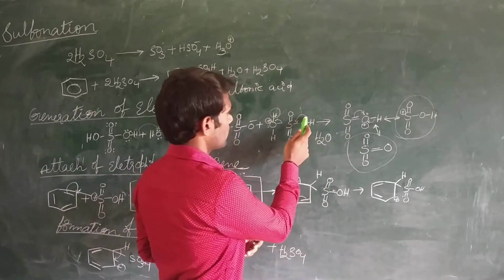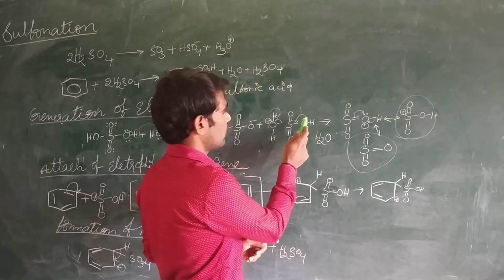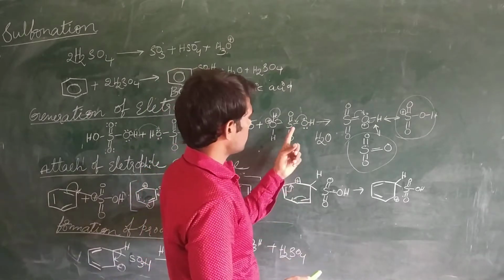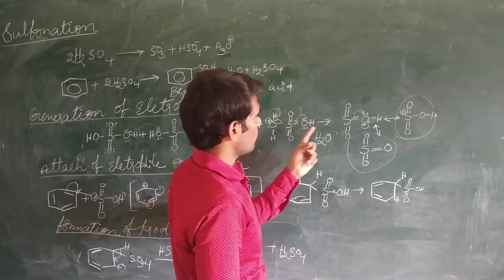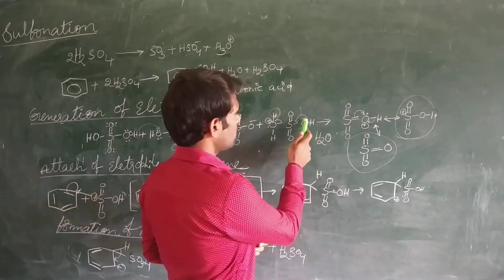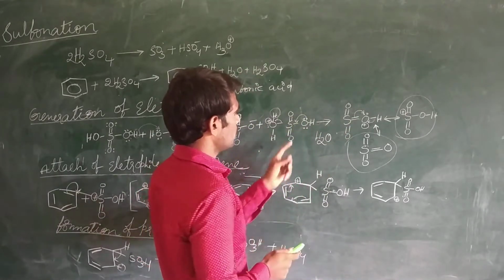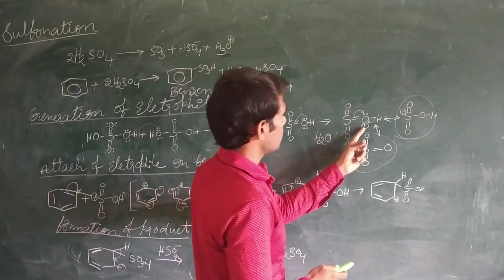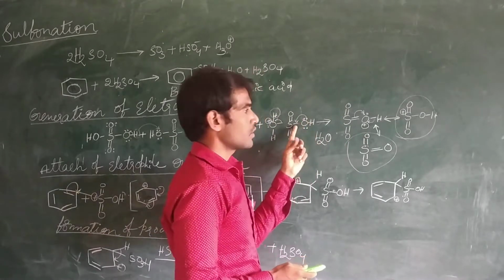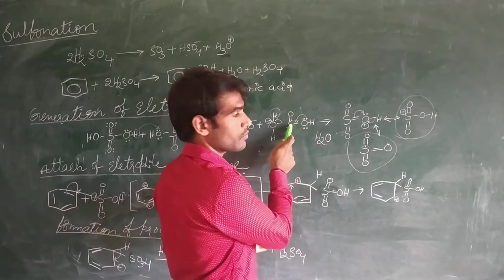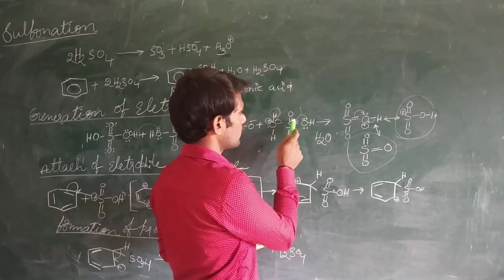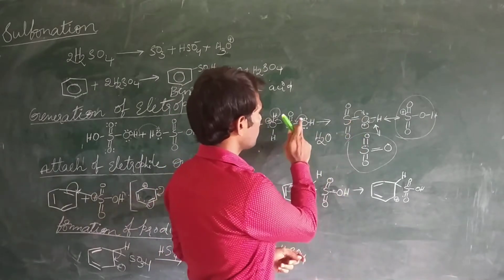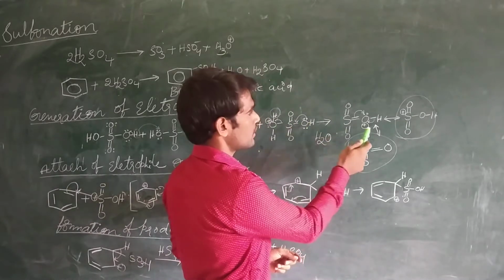Oxygen has 2 lone pairs of electrons. One of the lone pairs of electrons, this density, is moving between the sulfur and oxygen. As a result, a double bond is formed between sulfur and oxygen. When these lone pairs of electrons are utilized by the oxygen atom to make a double bond between the sulfur and oxygen, the oxygen is getting a positive charge because it lost its electrons. One electron is there with the oxygen, another electron is given to the sulfur atom to make a bond. Loss of electron takes place, so due to that, oxygen is getting a positive charge.